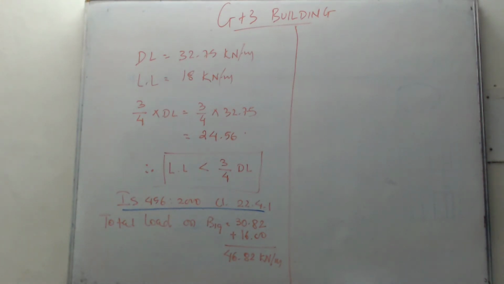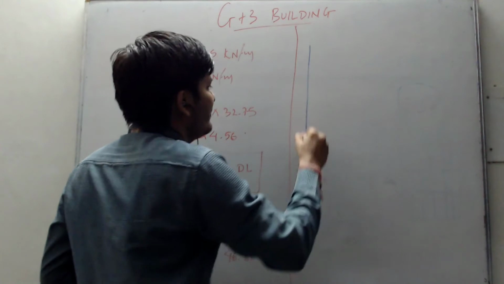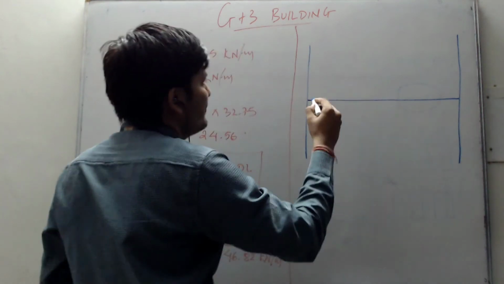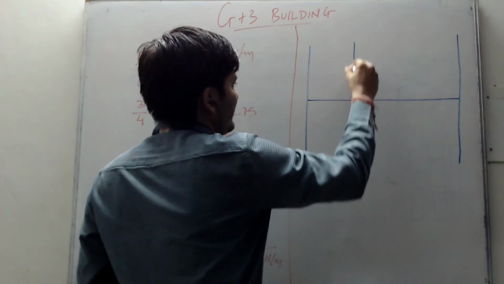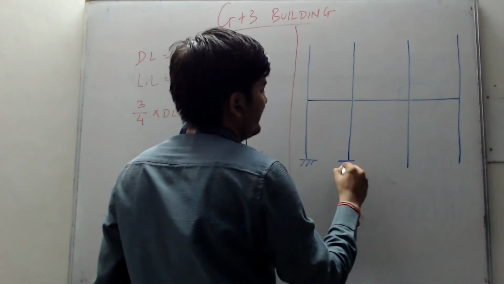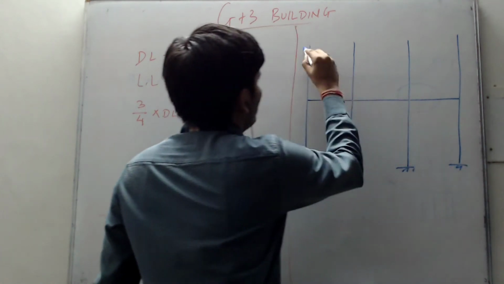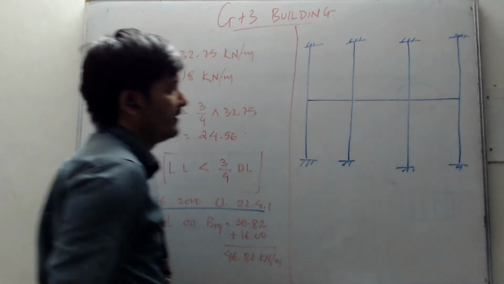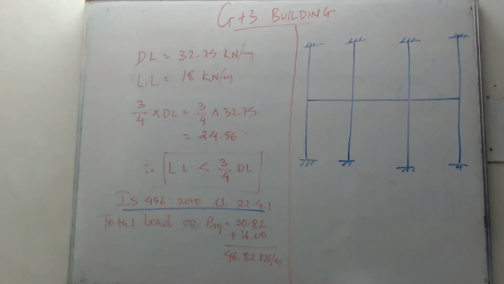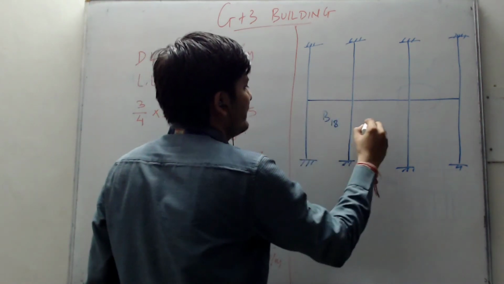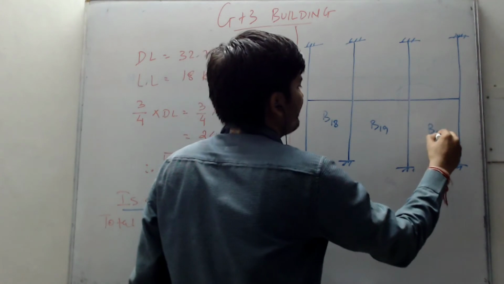So let me draw a substitute frame. How it will look like. This is the side view, right? So this is one span and this one is the second span, right? These are all our columns, vertical lines are columns. So what we are drawing is a substitute frame, right? So this is my substitute frame showing the three different beams, right? 18, 19 and 20.